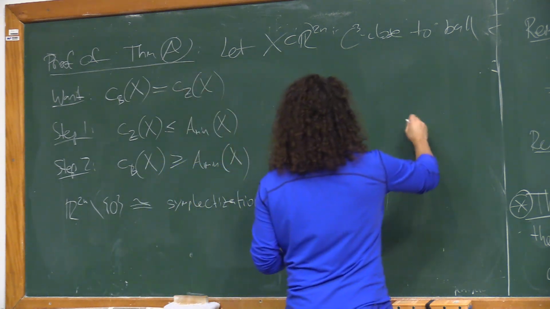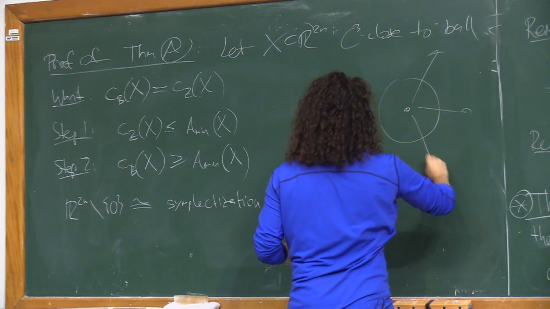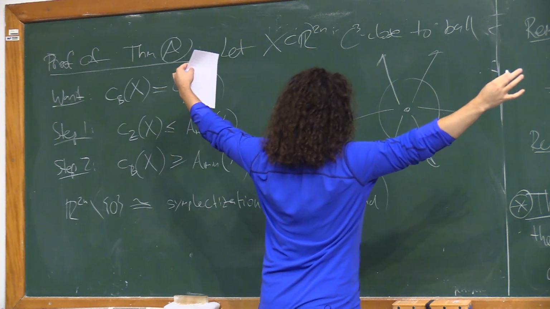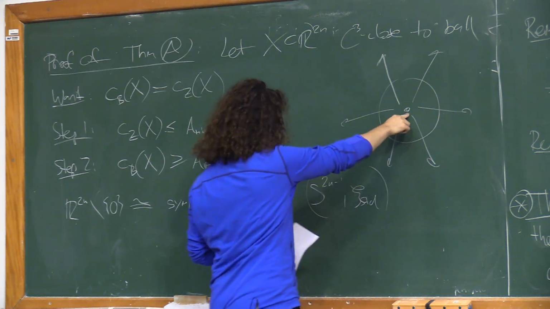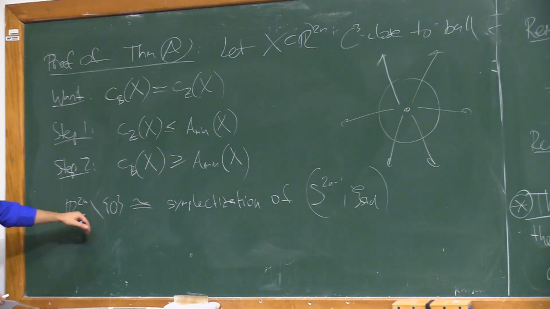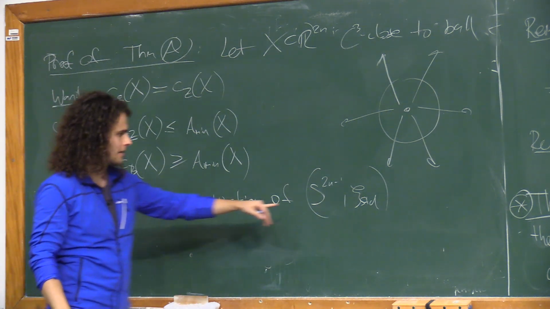So the picture here is where I have the origin, I take it out, and I have the sphere, and this R^2n I can just view as the symplectization with the positive end at infinity and the negative end concentrated at the origin. And in this identification, these boundaries of star-shaped domains exactly correspond to these hypersurfaces in the symplectization